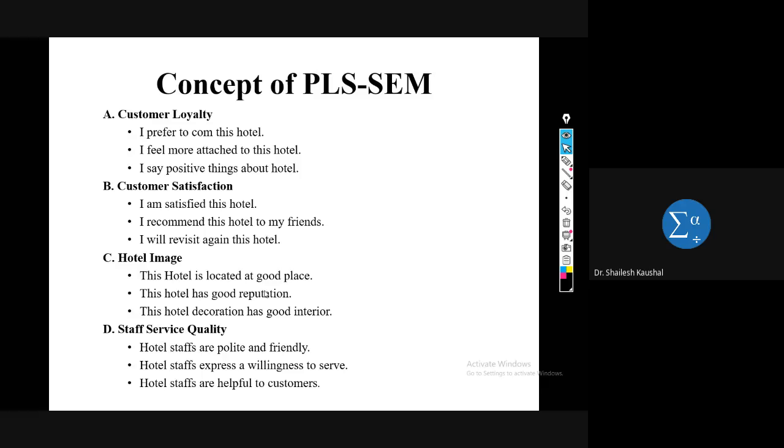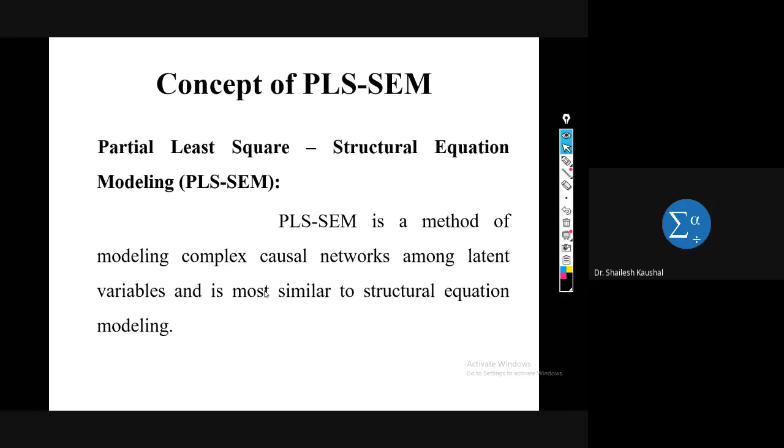Customer loyalty can be measured using three questions like: I prefer to come to this hotel, I feel more attached to this hotel, I say positive things about the hotel. These are the questions. And partial least square structural equation modeling is a method of modeling causal networks among latent variables,